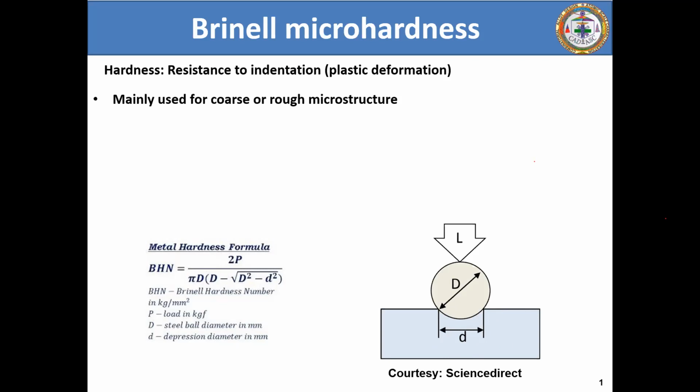In that process, you generally don't see that in metallurgy. Mostly, you will find it in mineralogy, I mean, the people who deal with the different minerals. What they do is take two minerals, one harder than the other, and rub the harder mineral against the softer one. That harder mineral's hardness is already known. If the other mineral gets scratched by the first mineral, then the second mineral is softer.